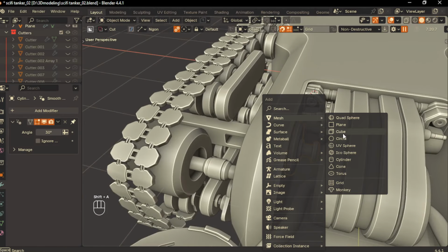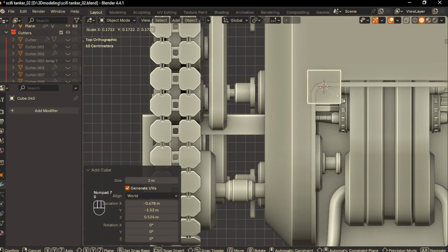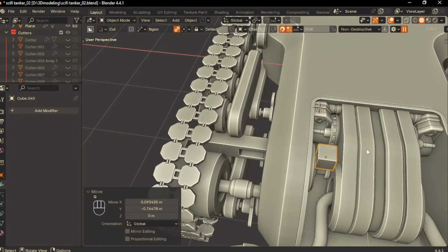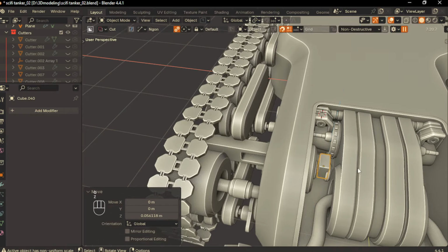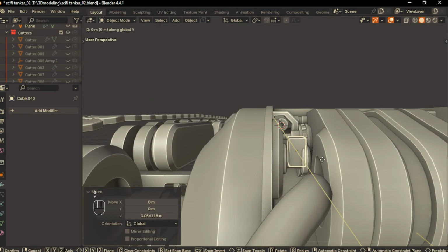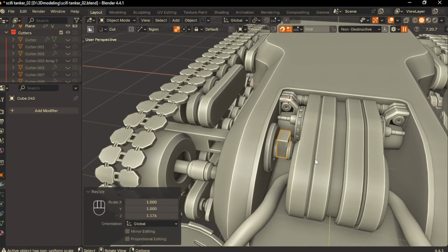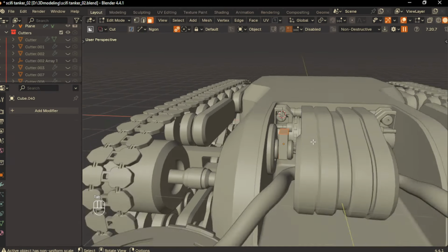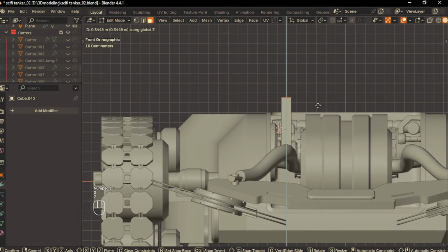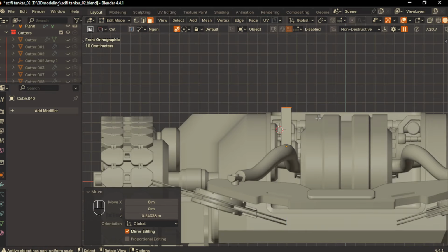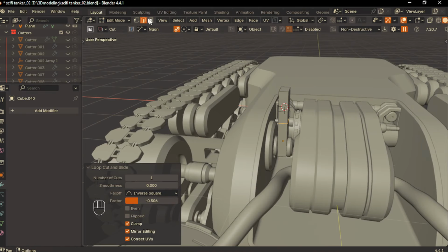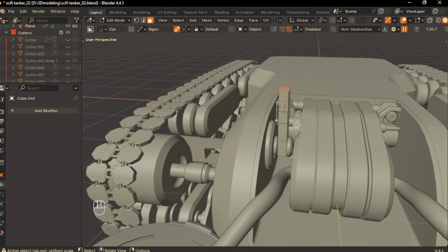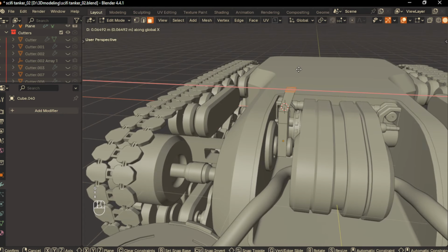Next, I'm going to add a cube and scale it small. Bring it to the front, move it down, make it narrow on the X, and position it at the center. Tweak the scale slightly and go to face mode. Grab the top face, extrude it out, then extrude once more. Add a loop cut, slide it up, and select the top face again, move it slightly on the X,